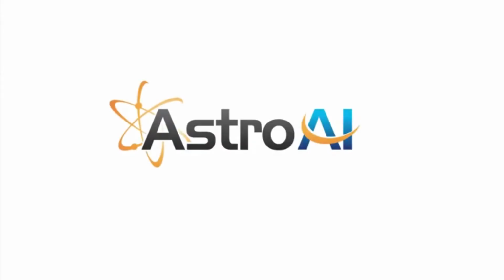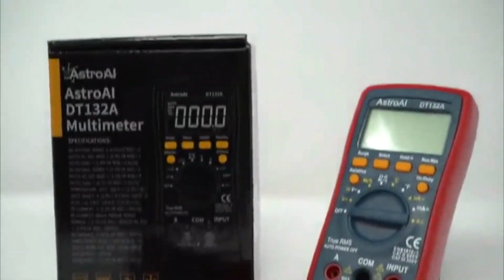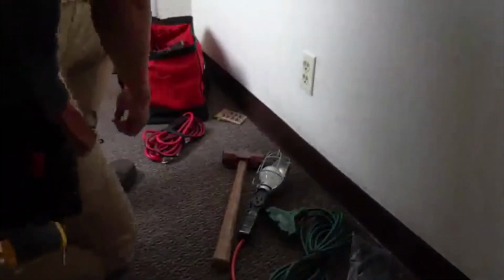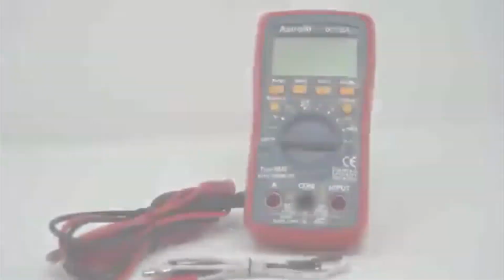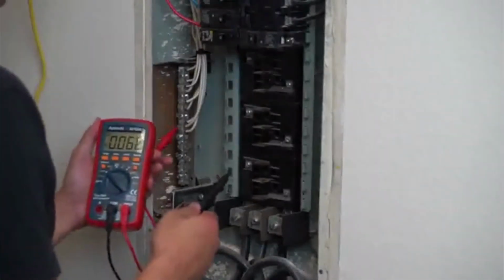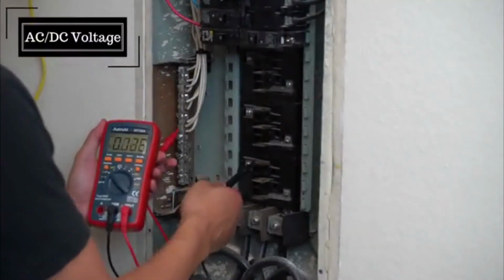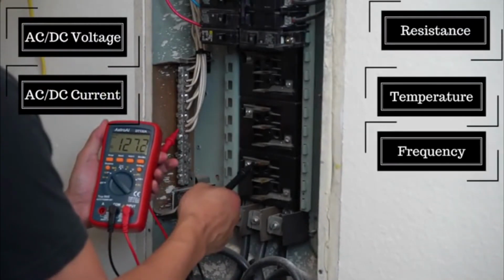The Astro AI True RMS 4000 counts digital multimeter is the go-to tool for household electricians and workers alike. Its simple and lightweight design not only travels anywhere, but also features an ergonomic rubber bumper exterior for easy handling. This multimeter is designed to precisely measure both AC and DC voltage, AC and DC current, resistance, temperature, frequency, and